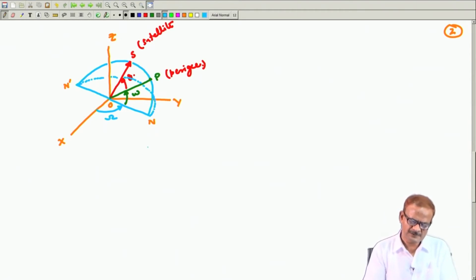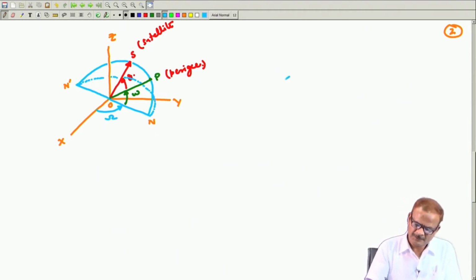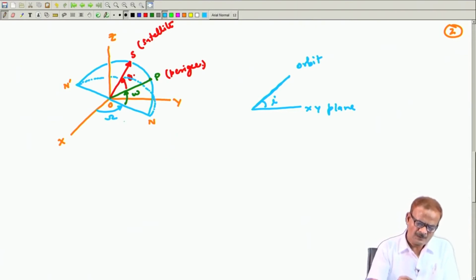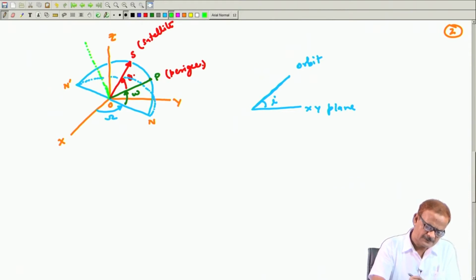If you see it from the side, the orbit will appear like this. This is the side view of the orbit, and the xy plane will look like this. So, this is your xy plane and this is the orbit. This angle here is I, and equally, the perpendicular to this orbit, which is given by this line, in which direction the h vector is directed, this angle is also I,